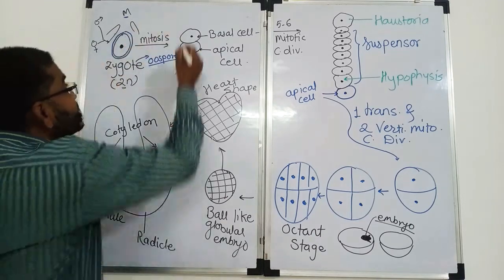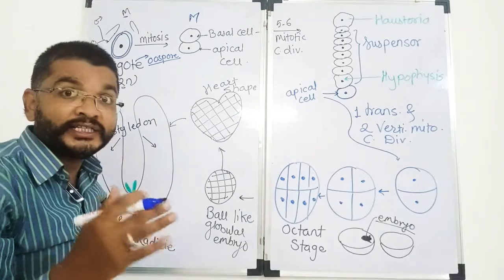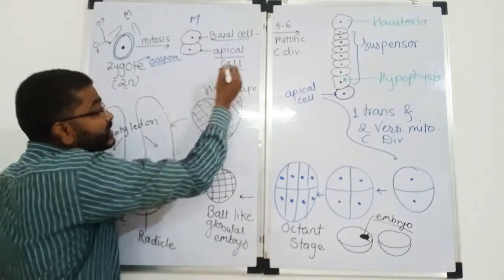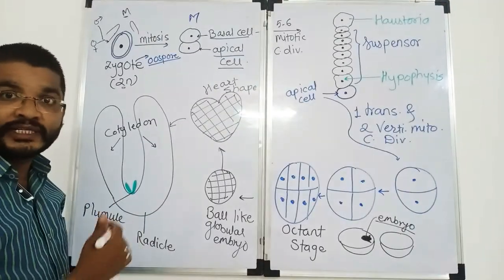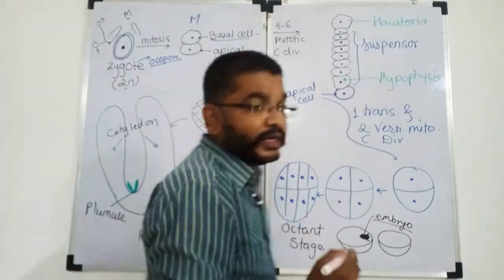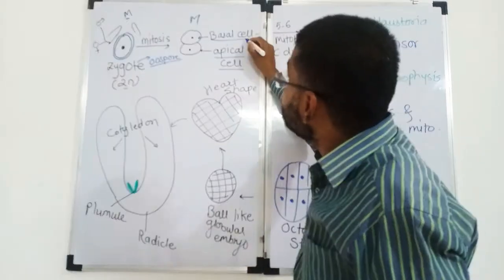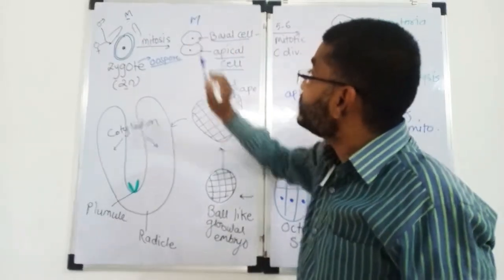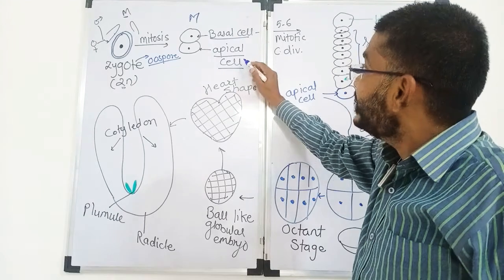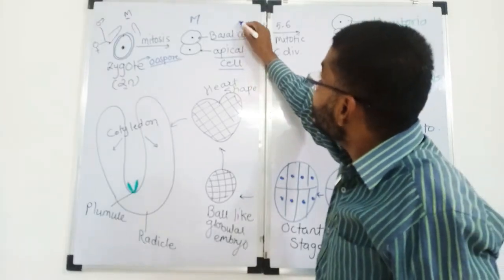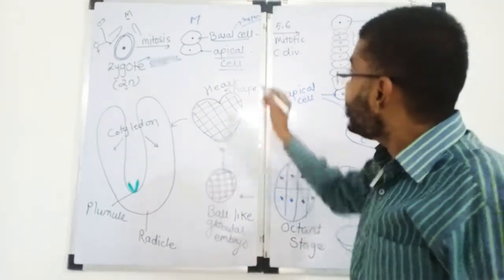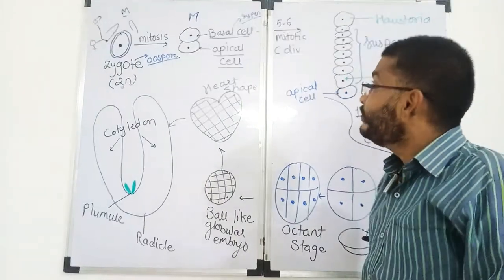The one larger cell towards the micropylar end, वरच्या बाजूला micropylar end जी मोठी cell आहे, that is called basal cell, and the second cell towards the chalazal end or towards the central side of ovule or embryo sac, that is called what? Apical cell. So here basal cell is large in size and present towards the micropylar end, and apical cell towards the center of embryo sac. This basal cell is also called suspensor proper or suspensor cell, whereas apical cell is also called embryonal cell. Why? Because basal cell is going to